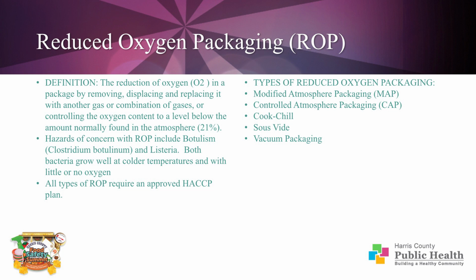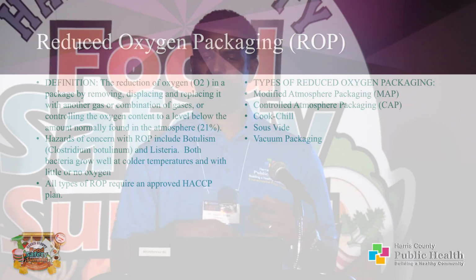Reduced oxygen packaging is real popular. Business owners want to keep the color of their product. They want to reduce how much of it they're losing due to spoilage and things of that nature. You must submit the variance and submit a HACCP plan if you want to do that. There are ways to do it and not submit the HACCP plan or a variance. And in order to do that,